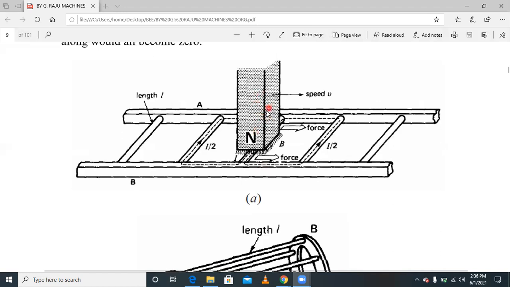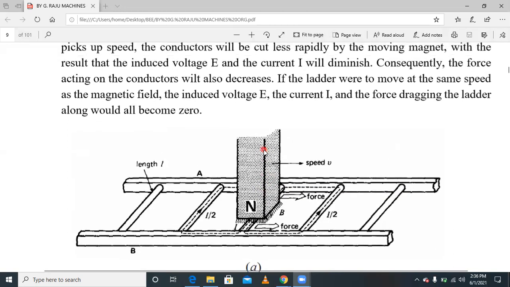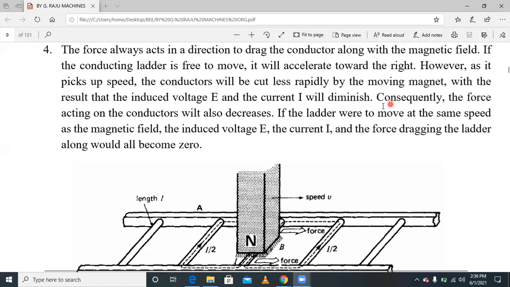The permanent magnet is rotating. Let us consider its speed as the synchronous speed. When you give the power supply to the stator winding, a rotating magnetic field is developed. The speed of that rotating magnetic field is called synchronous speed. Understood? The EMF and the current decrease when the relative speed between the stator rotating magnetic field and the rotor decreases, and consequently the force acting on the conductor also decreases.